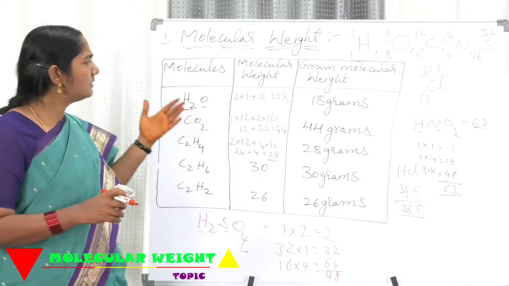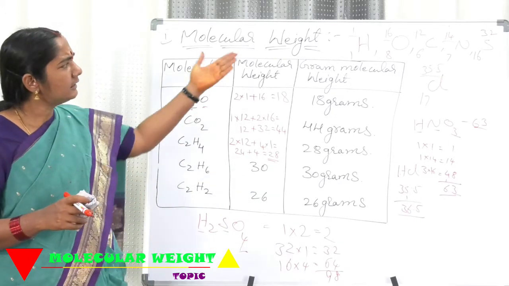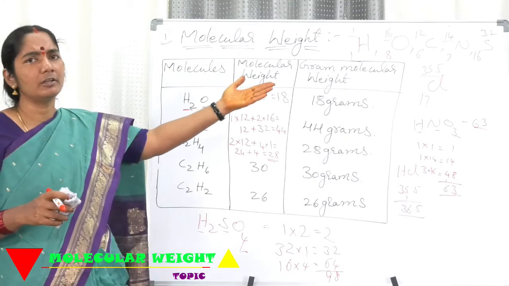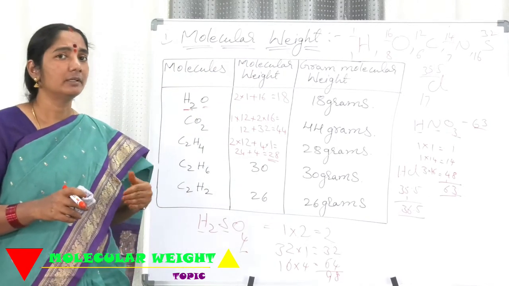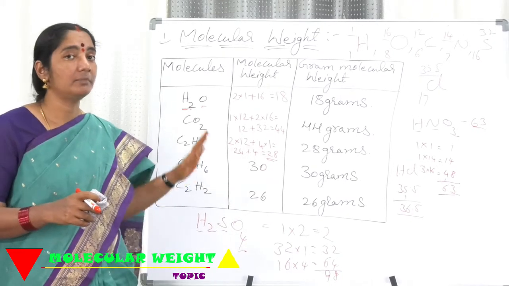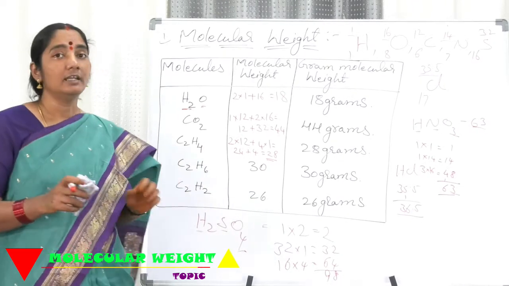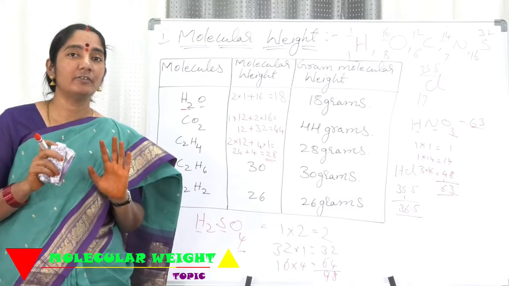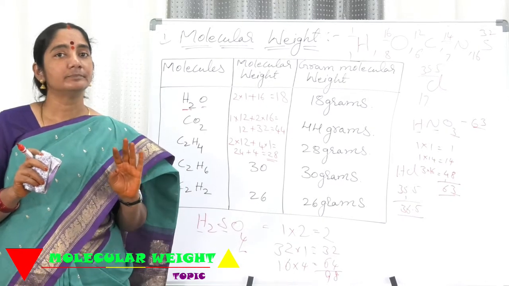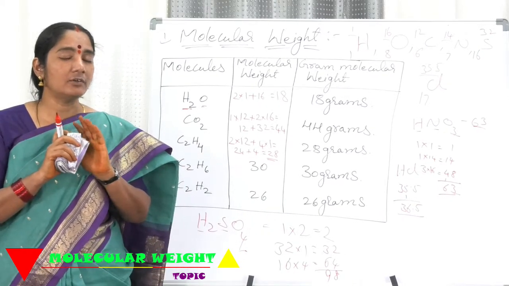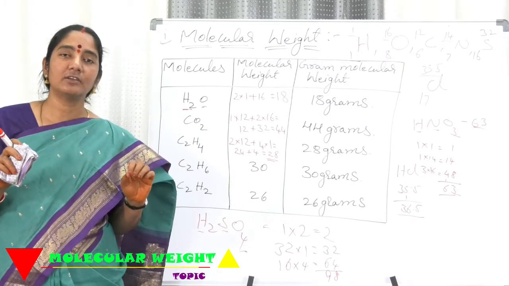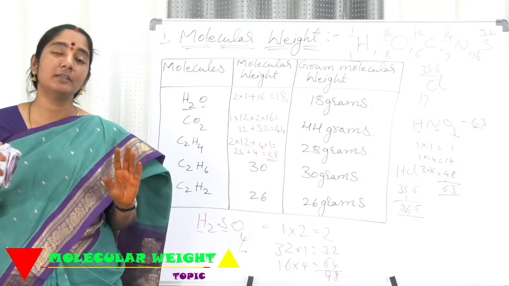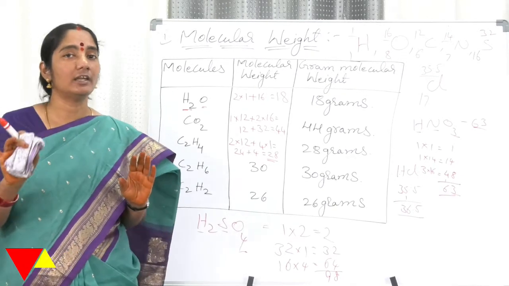If you have any doubt, see the atomic weights. Already you know them. Just go through it, see and do, no problem. You can digest it. It's a very important thing. In any competitive examination, my dear friends, calculators are not given. Any kind of calculating devices are not allowed into the hall. So please multiply by yourself, add by yourself. Don't depend on anything, but you can verify using a calculator.